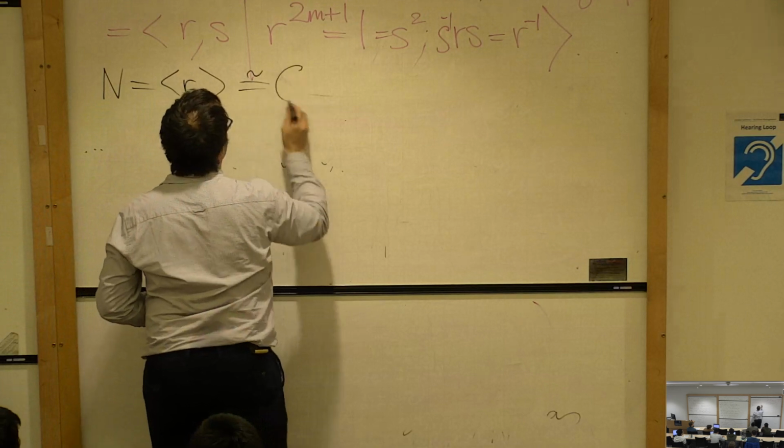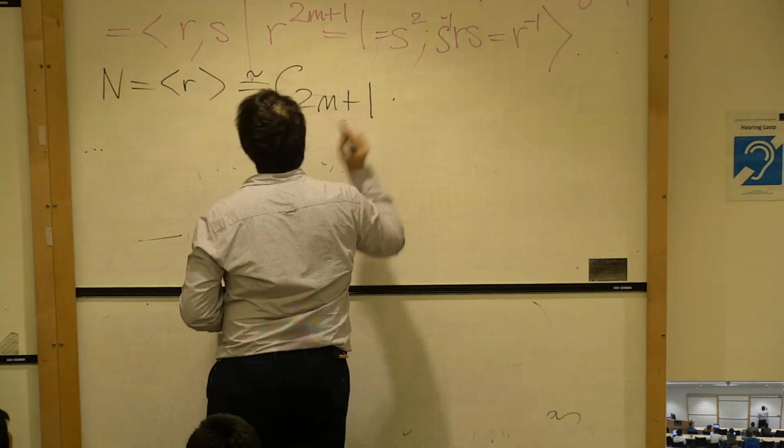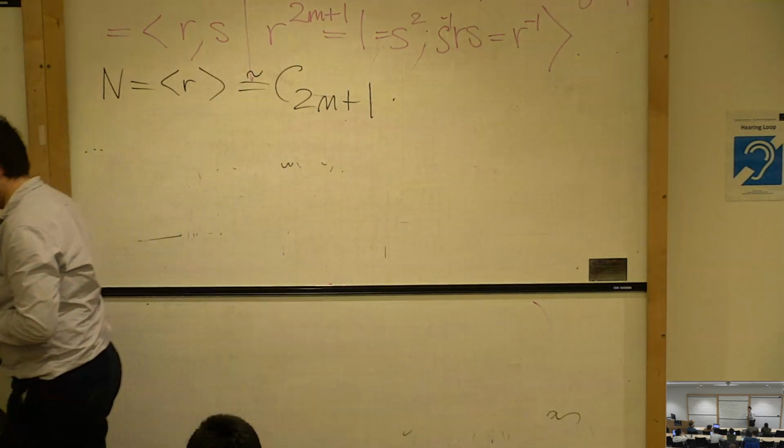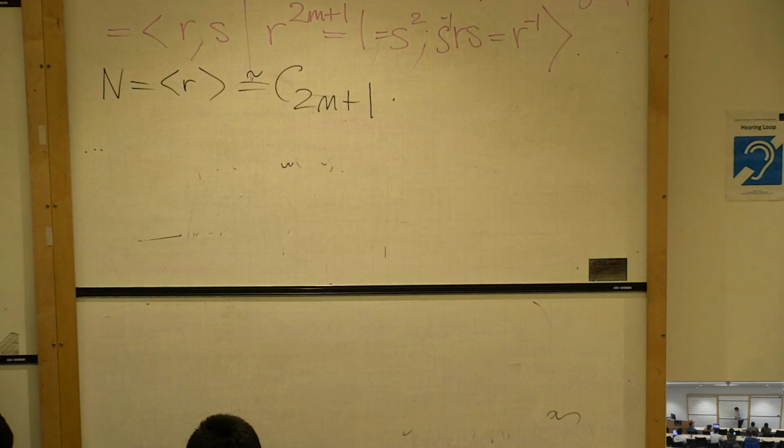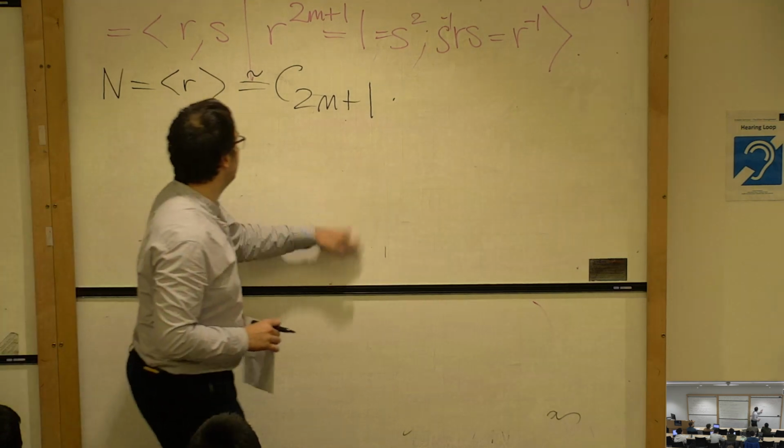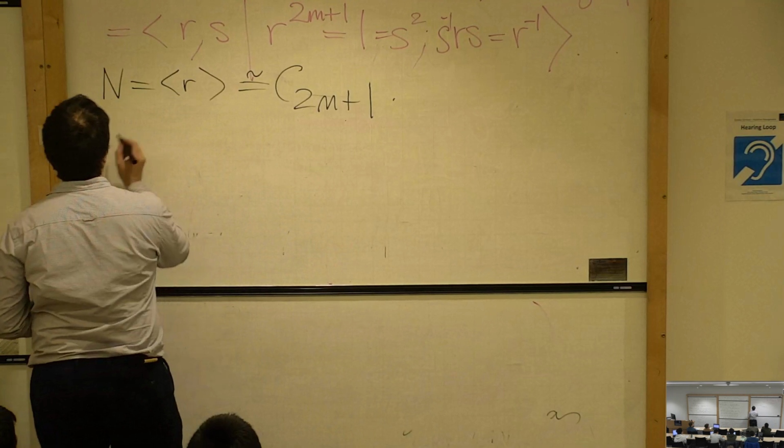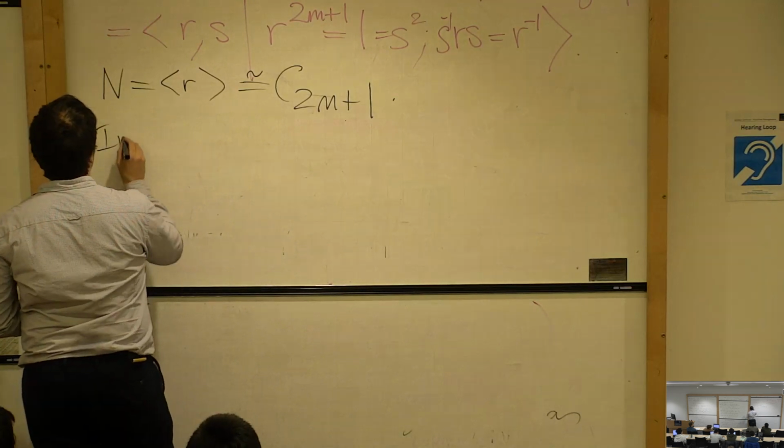Cyclic group of order 2m plus 1. All characters are linear by an exercise you did. There are exactly 2m plus 1 characters. Actually, characters form a group under multiplication of an abelian group. So it's again cyclic. Anyway, the irreducible characters of N